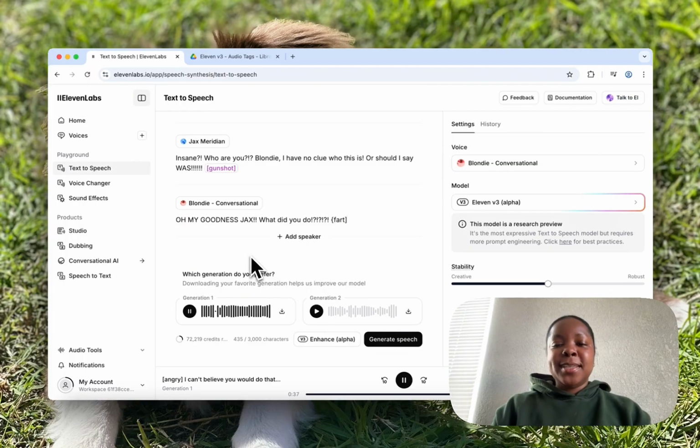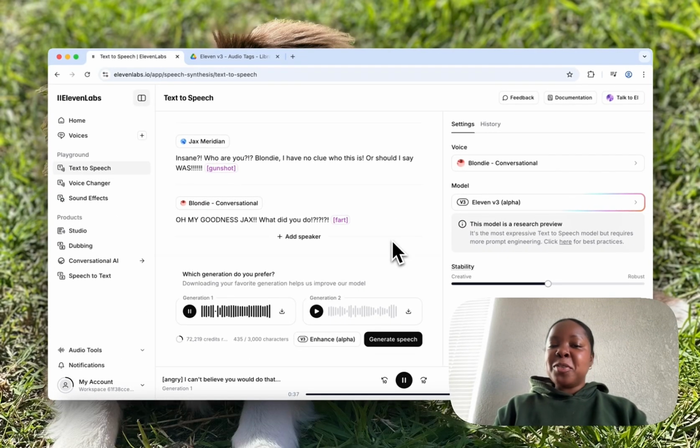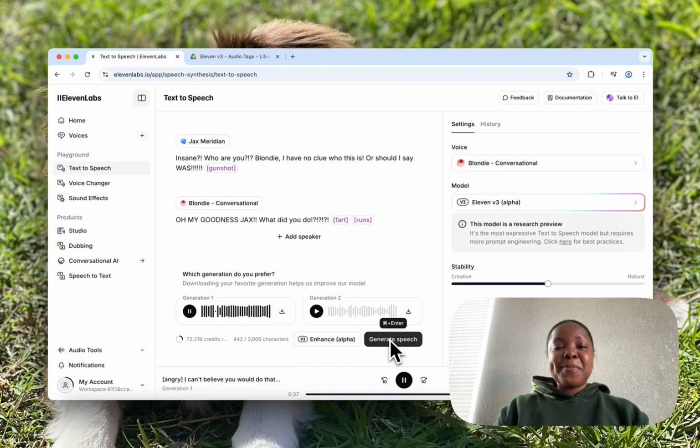Fart. The telenovela is real, okay? I wonder if we can add a running noise. Runs. So, I don't know. Again, testing, trying, doing something. So we're going to generate. And I also like to add, I don't know why Jax is getting angrier and angrier at the beginning of this every single time, but it's getting a little crazy. He's sounding a little,